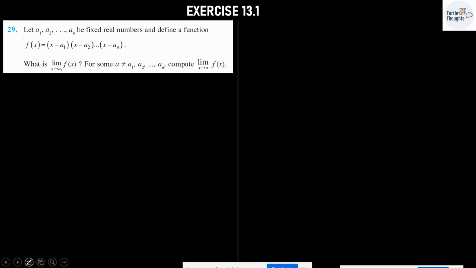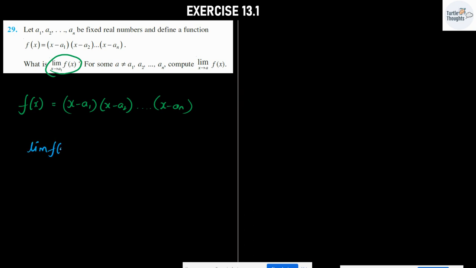So let me start by taking the function f of x, which is given as (x minus a1) multiplied by (x minus a2) ... (x minus an). I will be taking the first limit over here. What is the limit of f of x as x tends to a1? Let me write down the same thing. The limit of the function f of x as x tends to a1 is going to be the limit as x tends to a1